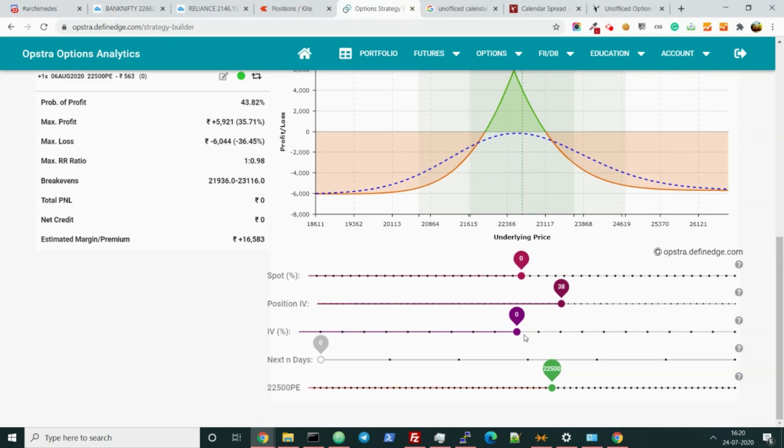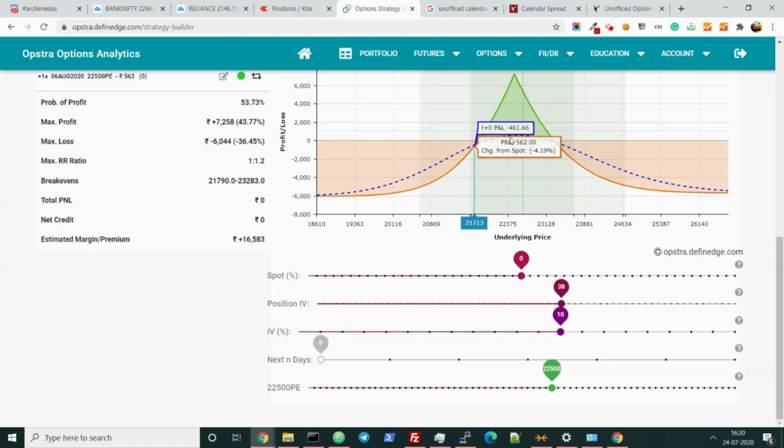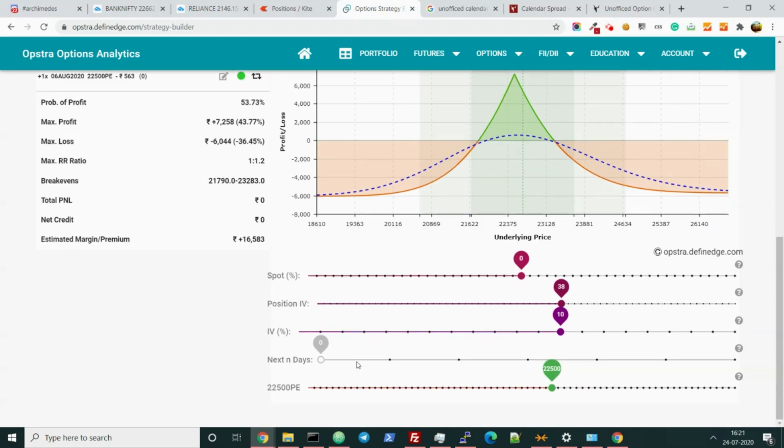So IV will increase. So what happens if IV increases? I am expecting IV to increase 10%. The range gets increased because the options you are selling here will not be impacted by IV that much, but the options which have a far expiry will be impacted more, and we have a buy in there. So this is my bet. Okay, so it will happen in this way. And also I will not be carrying this position on Wednesday and Thursday. I shall be changing. I may be adding some more put spread or call spread depending on where the market is at that time. So let's say I shall be closing on Sunday, Monday, Tuesday.